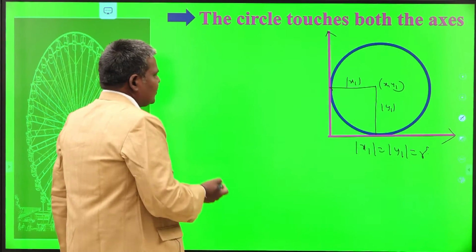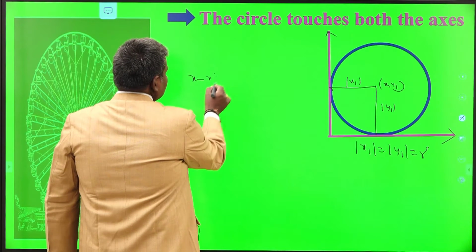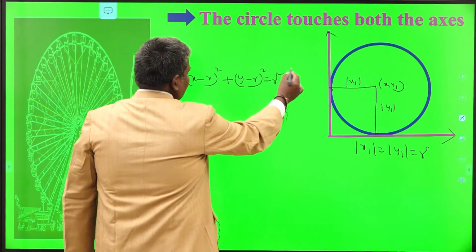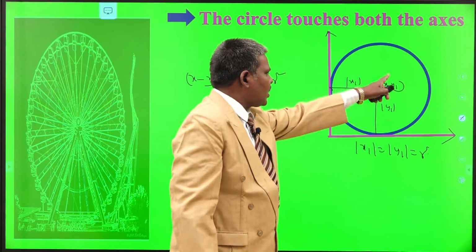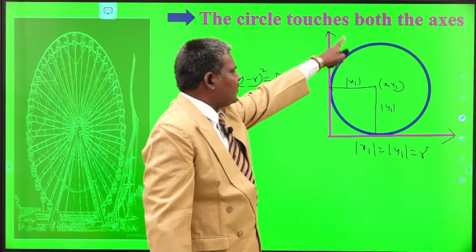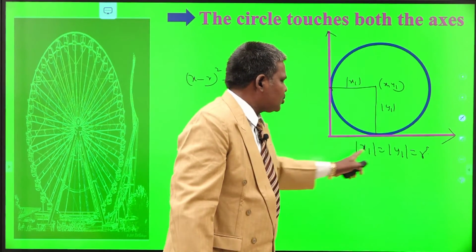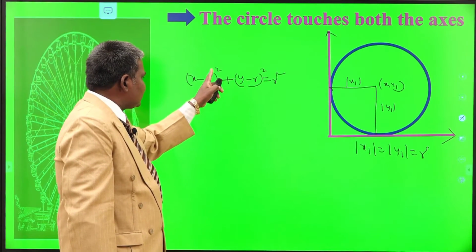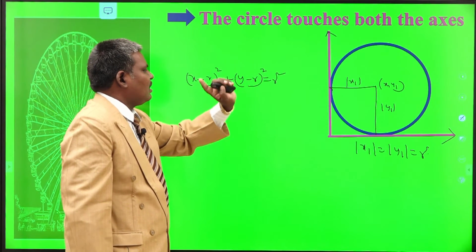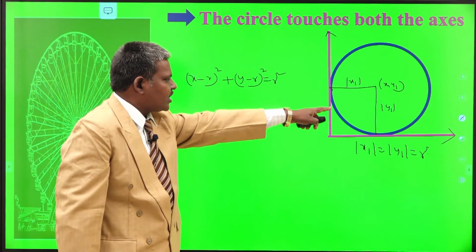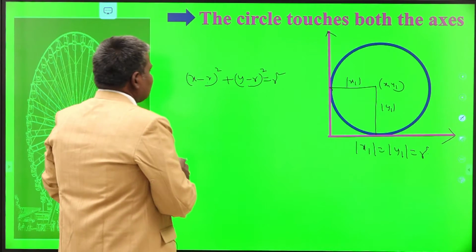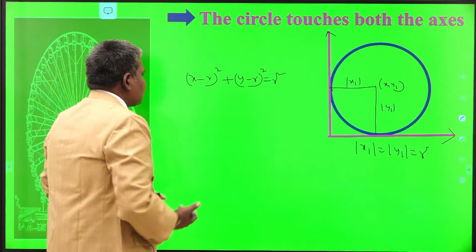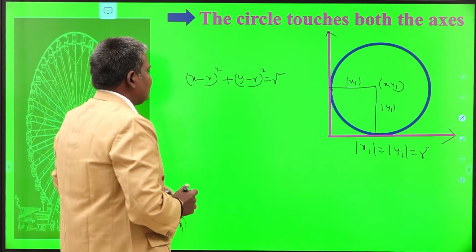So can you write the equation of circle or not? That is x minus r whole square plus y minus r whole square is equals to r square. Your x1 is r, y1 is also r. If I take x1 comma y1 in the first quadrant, your r is always positive. That is why I am writing in this manner. x minus r whole square, x1 is r, y1 is also r. r is what here? Either mod x1 or mod y1. So x minus x1 whole square plus y minus y1 whole square equal to r square becomes x minus r whole square plus y minus r whole square is equals to r square.